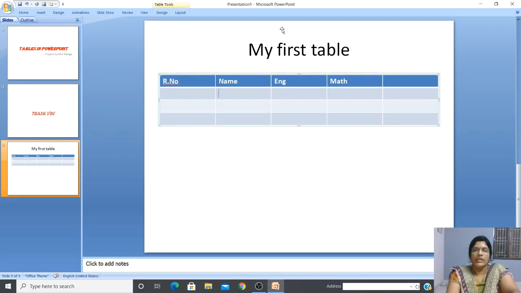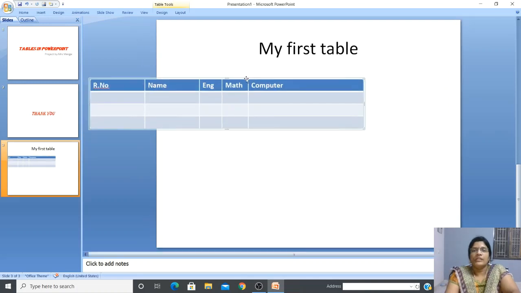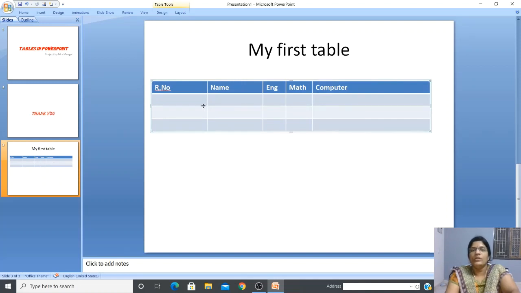Then the next one is computer. If you want to reduce the size for entering marks, such a big column is not required, so you can just reduce it. See, the table itself moves. Everything click and drag, students, so don't worry about it.